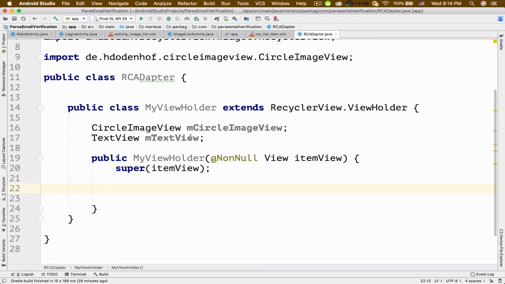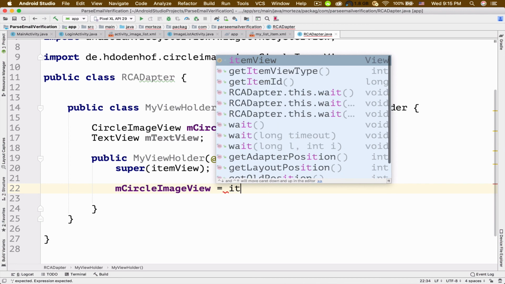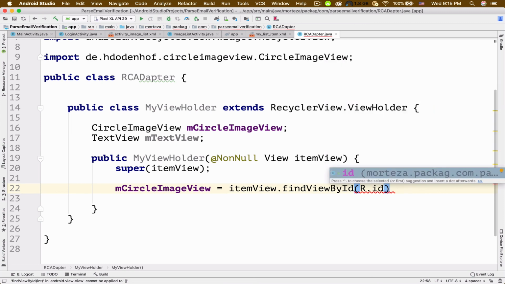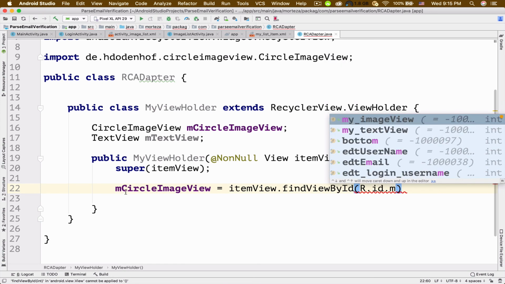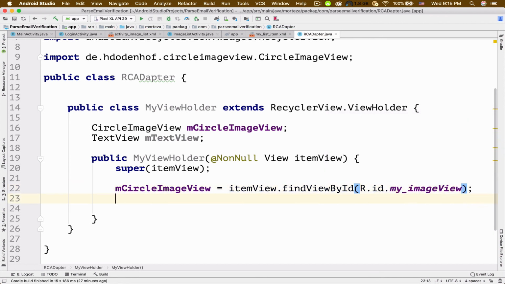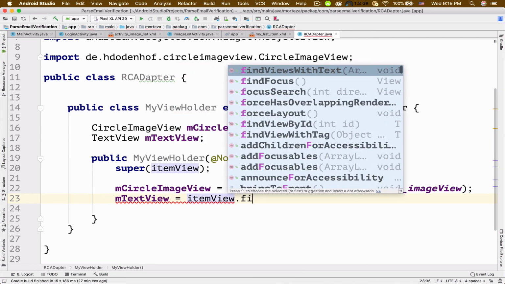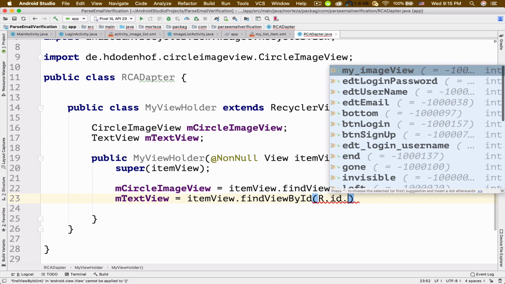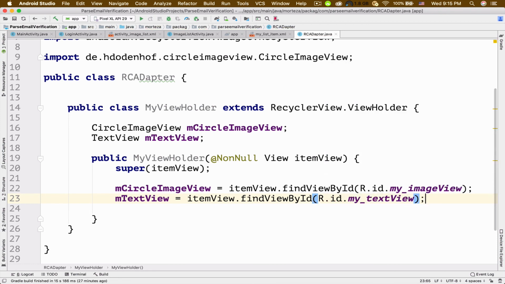So now that I declared this ImageView and this TextView, let's go inside this constructor and initialize them. Let's say mCircleImageView = itemView.findViewById(R.id. First we need to refer to this itemView. Make sure that you have given an ID to that image view. So mine is myImageView. And for this mTextView, itemView.findViewById(R.id.myTextView);